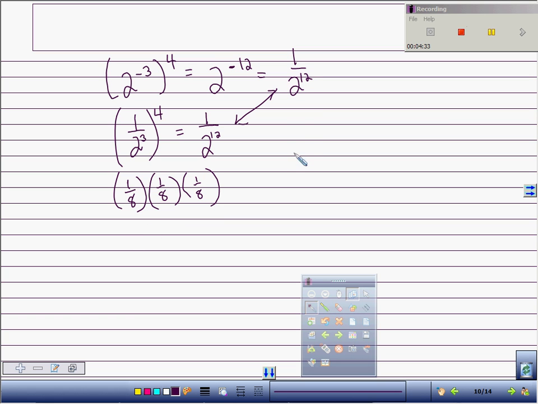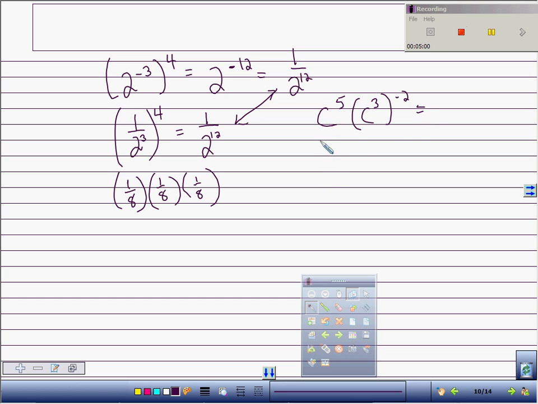So let's get more complicated here. Let's do c to the 5th times c to the 3rd times c to the 3rd raised to the negative 2. And they want